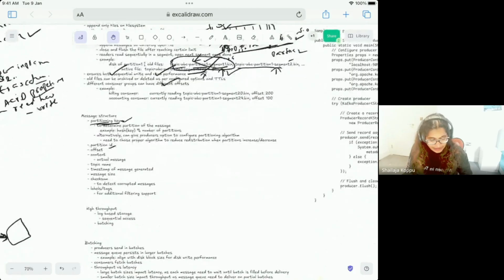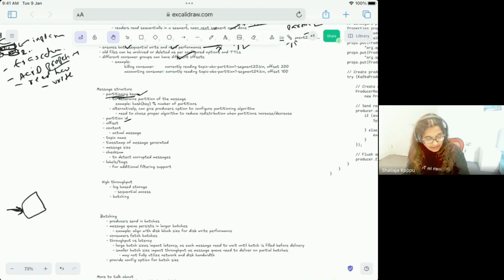And then, coming back to the message queue, the actual content, and the offset. In the message queue, the offset, I'm not sure exactly. Does the producer mention the offset, or is the offset directly calculated based on the location of the message in the message queue? I need to think through this a bit. Sorry. And then the actual topic name, to which topic the message we are sending belongs, the timestamp, at what time the message is being produced, size, and checksum.